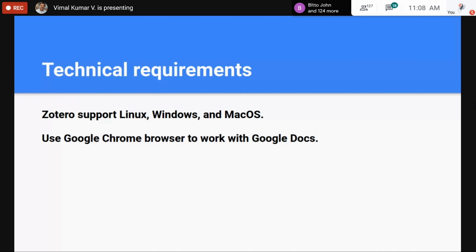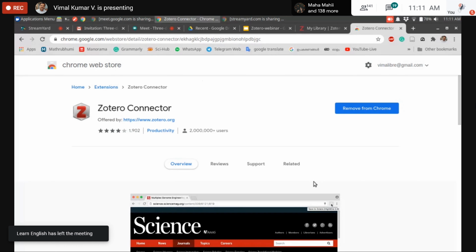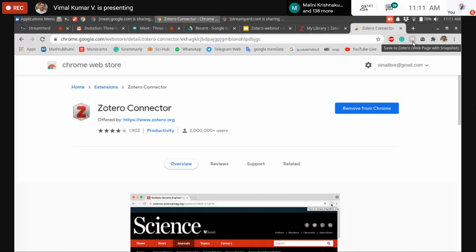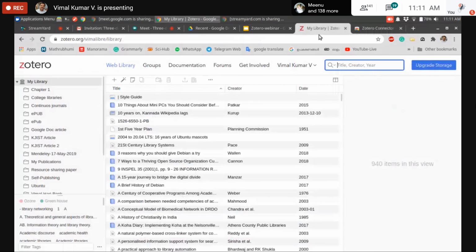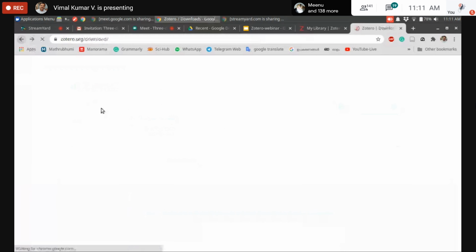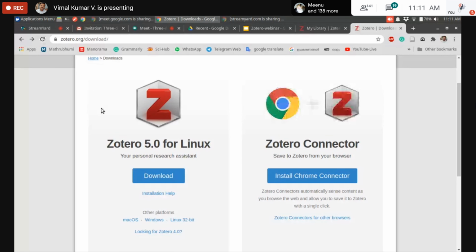I have already installed it, but you can see an install button. Press there. The Zotero add-on will appear on the Chrome browser toolbar. You can find the button on the Chrome toolbar. These are the two components we have to install to work with Zotero: one is the Zotero client and the second is the Zotero connector with your browser. Anyway, try to use Google Chrome.